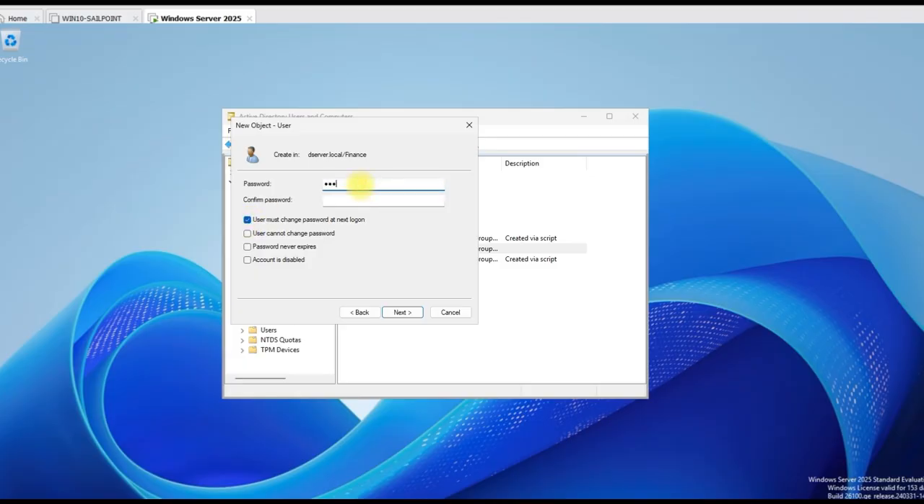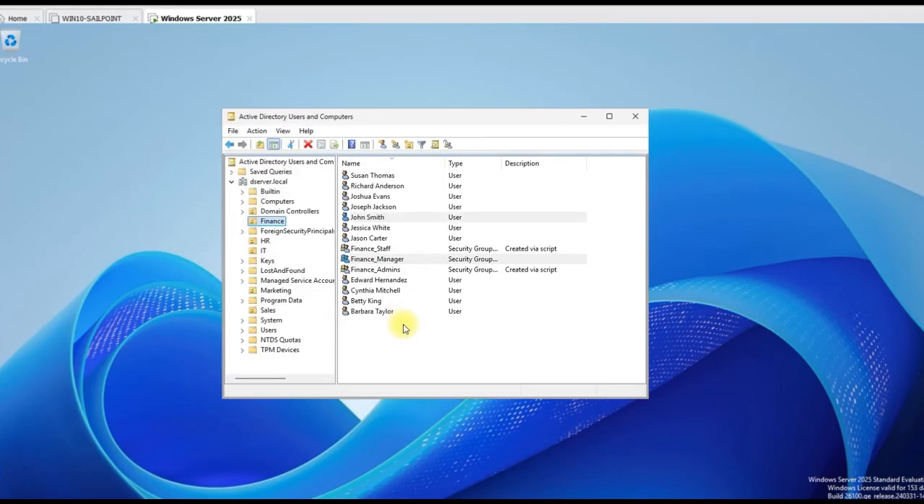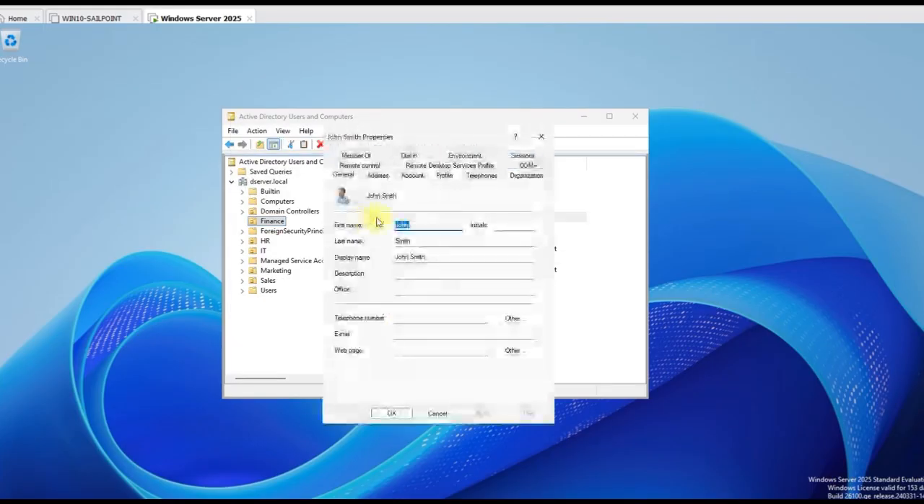Now, let's create a password for the user. It is you who will create the password for the user and send it to the user, and the user will be forced to change the password at logon. So, this is John Smith. Click next, click finish. Now that we have created John Smith,